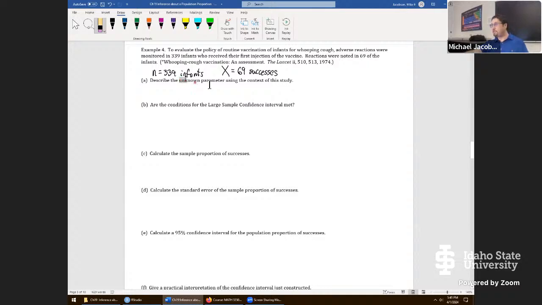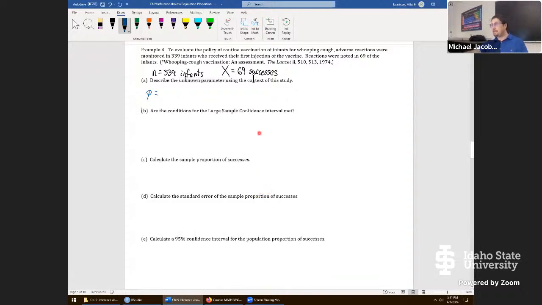And when we go to describe this thing, the unknown parameter has now changed. We're not trying to calculate a single mean, mu, or multiple means, mu1, mu2. We're looking into a parameter p. So I'll describe the parameter in this way. And this is anytime you have a categorical variable. So p is going to be